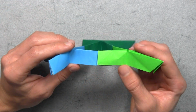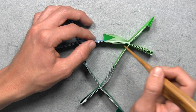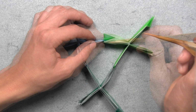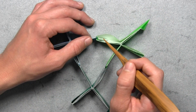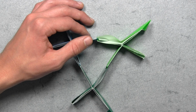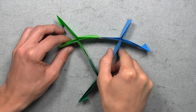out. Then we want to flip the model over and look at it from underneath, and you can see the small triangular flap that we just created. And we want to tuck that flap inside of this pocket on the bottom. It may help to open up that pocket with the folding tool. Then you carefully want to tuck those layers inside. Just like this, you can see that small triangular flap inside, and that's going to lock the first and third units together. And once you have that, then you can turn the model back over, and now you've connected the